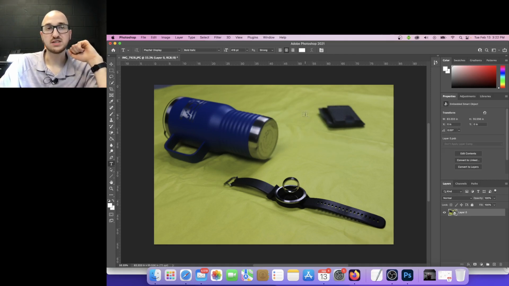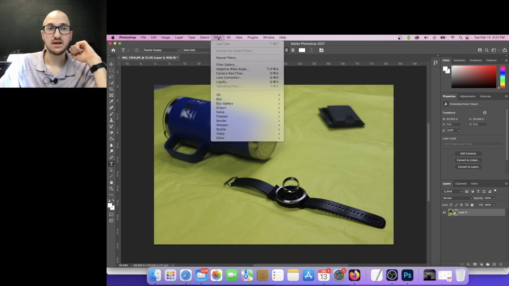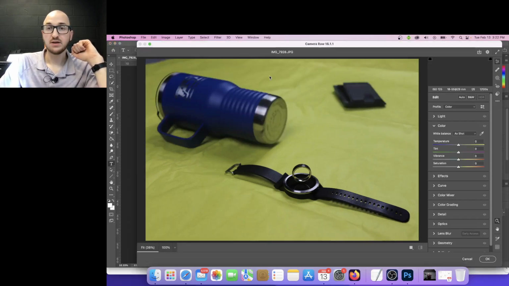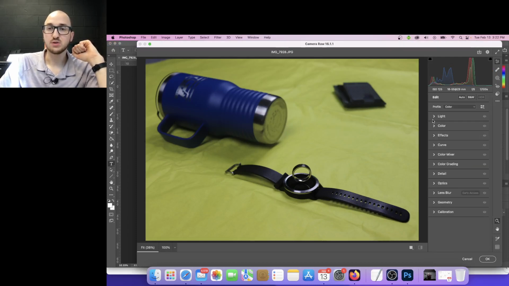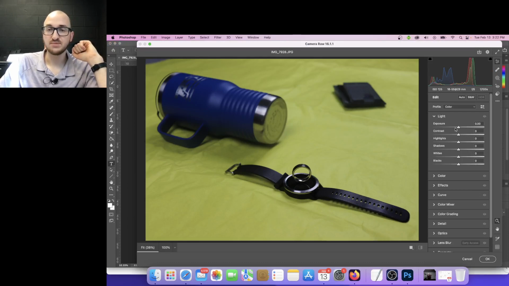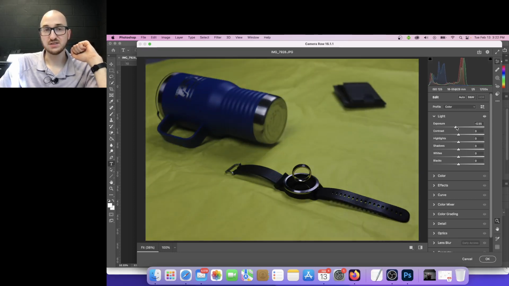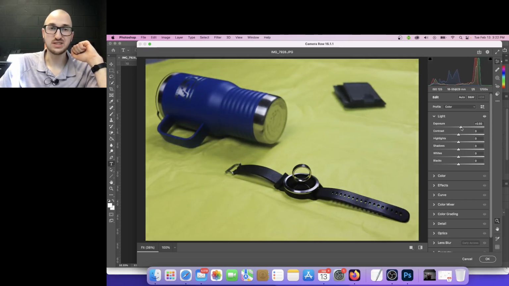Now that that's finished processing, we'll go to Filter at the top and select Camera Raw Filter. Now, I like to start using the Light section of this tab, so I'm just going to click on this arrow next to Light, and we're going to practice going left and right with each of these settings, and we don't really care what the numbers are or even what the label for each of these sections are. We're just going to slide it left, slide it right, and figure out where the sweet spot is, where the